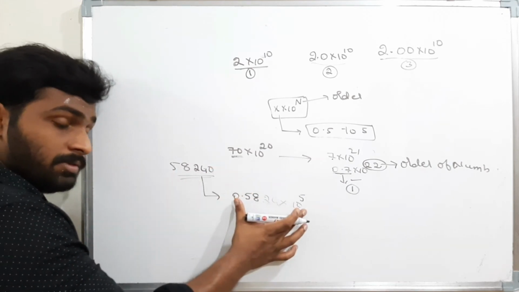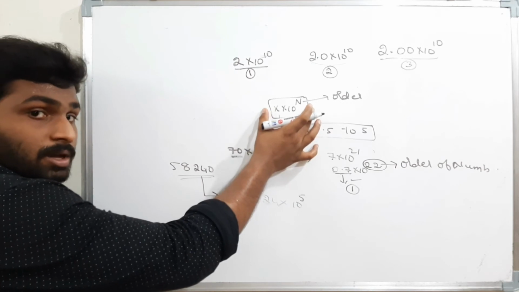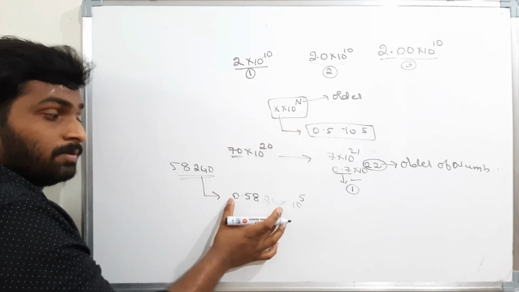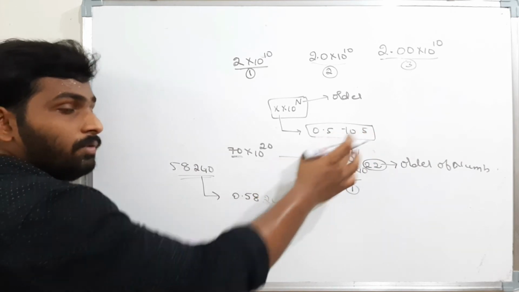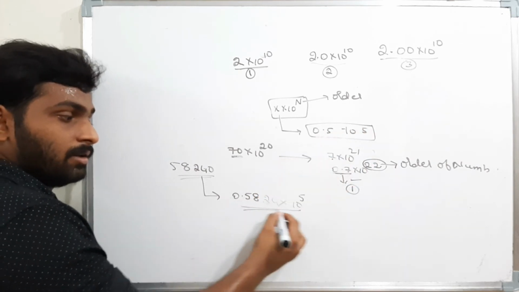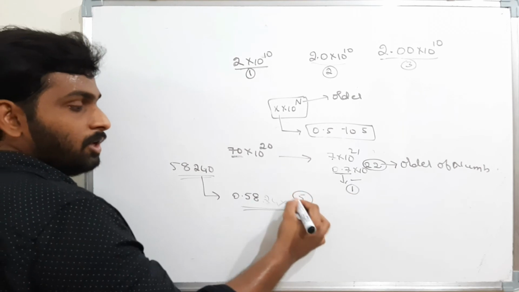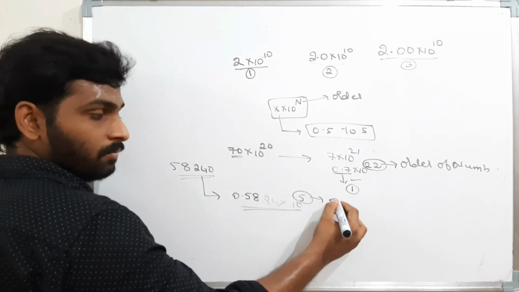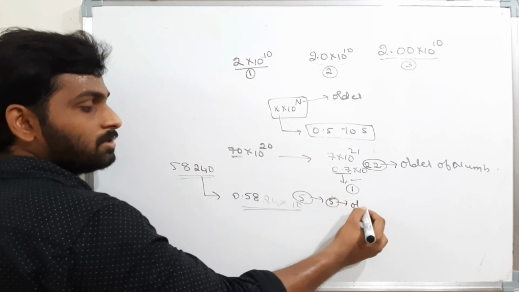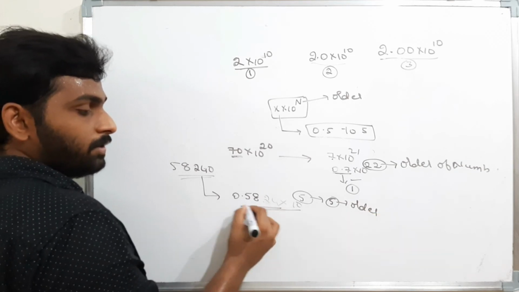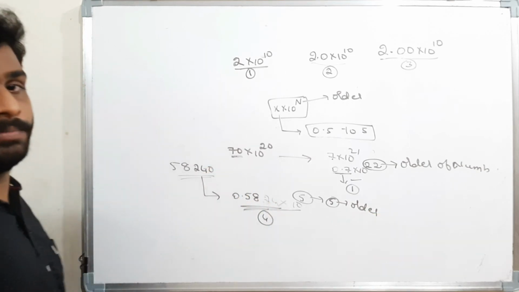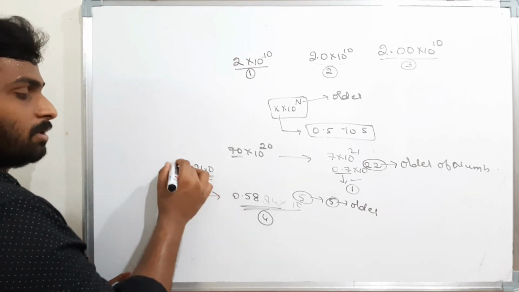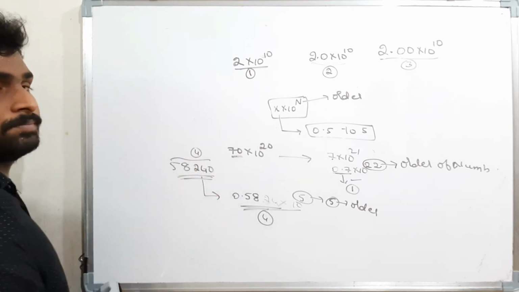But I am converting this value in the form of this type, where this value lies between 0.5 to 5. Therefore, what is the value? 0.5. That means the value is between 0.5 to 5. Therefore, this is a valid format. Now, what is the order of the number? The order of the number is 5. Where number of significant figures are how much? 1, 2, 3, 4. Therefore, number of significant figures are 4. Even if you count here, you will get the same number, that is 4.